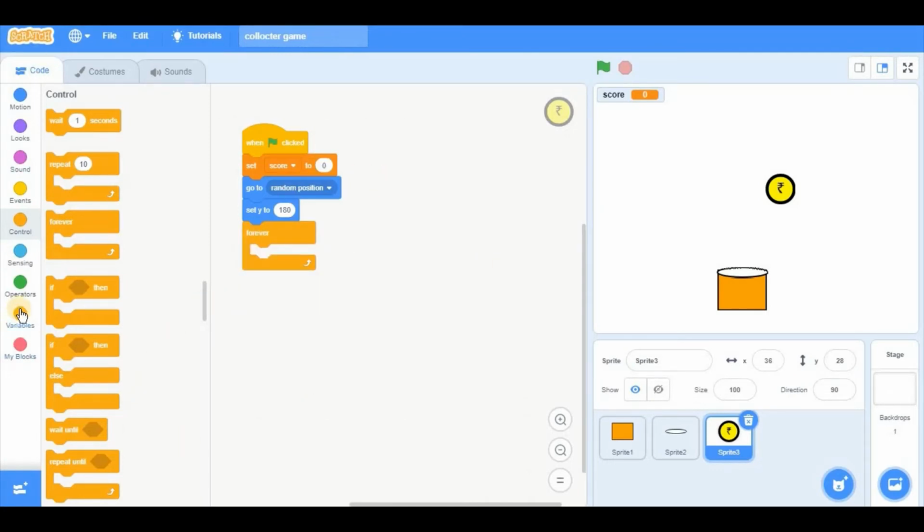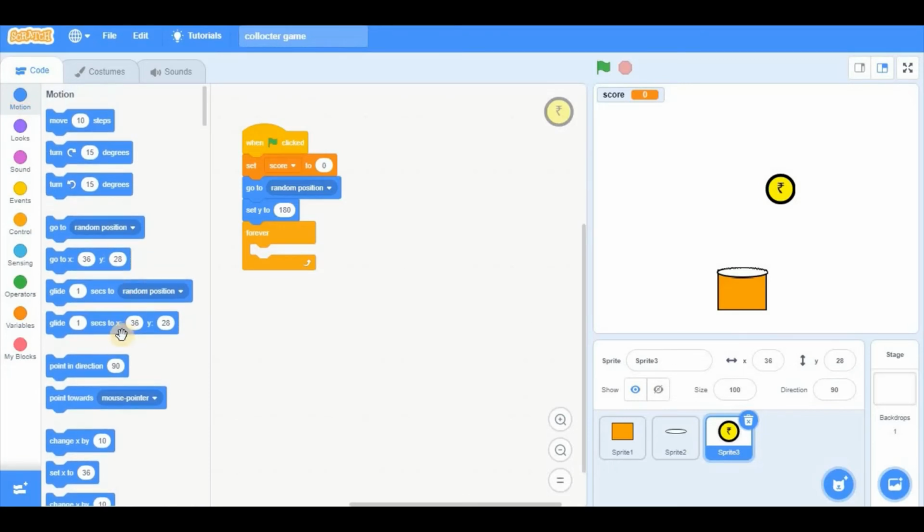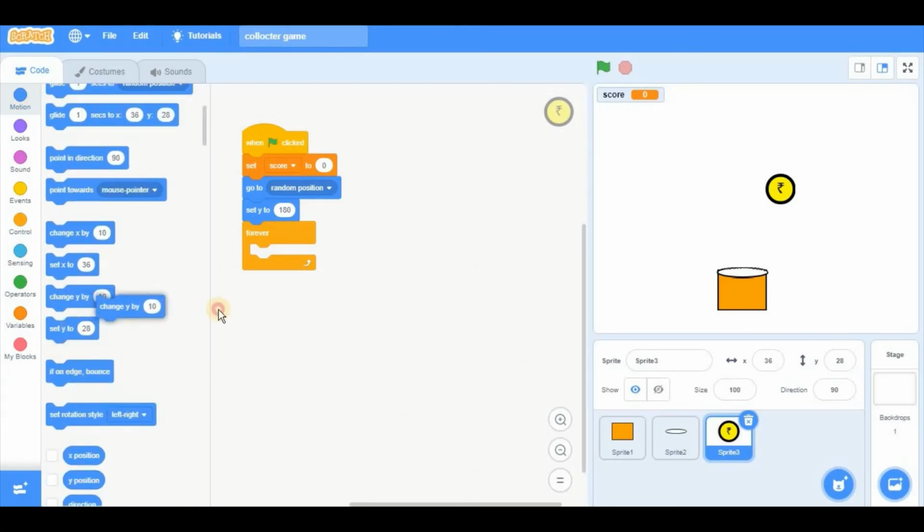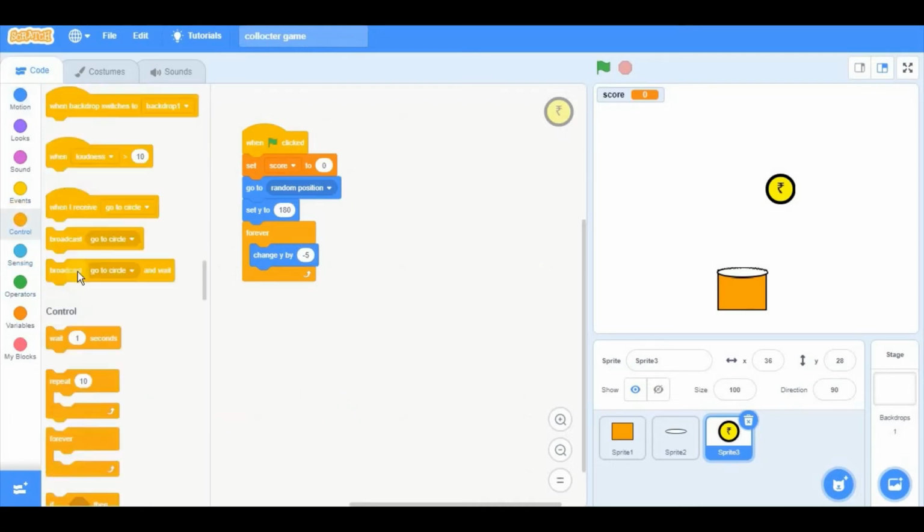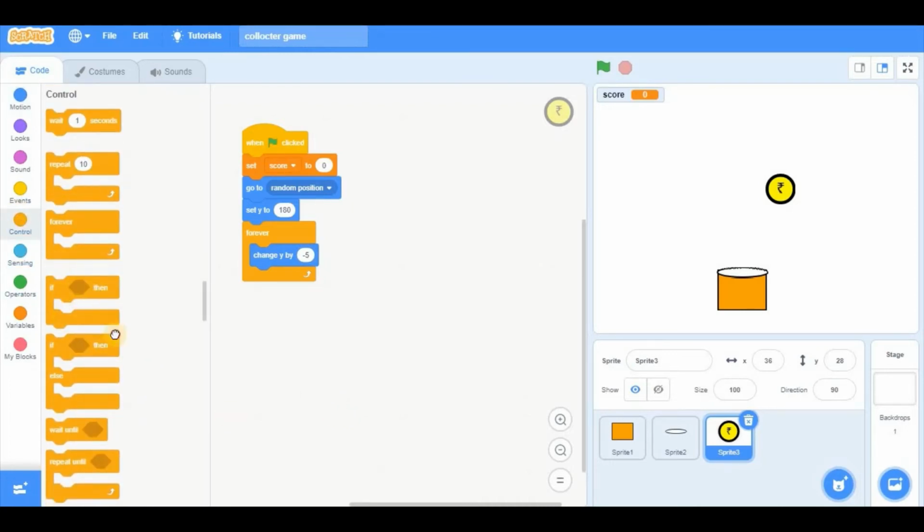We need to change the score by 1. Oh, we'll do that later. So go to motion, change y by, let's say -5 maybe. Yeah, -5, and go to controls, grab an if loop, and